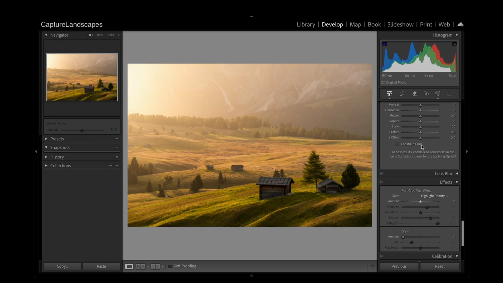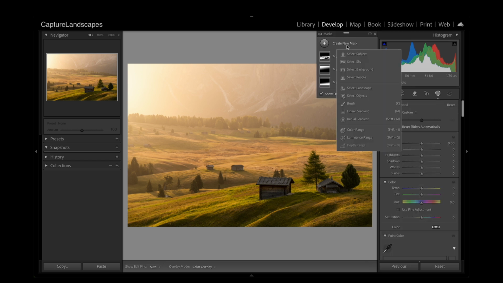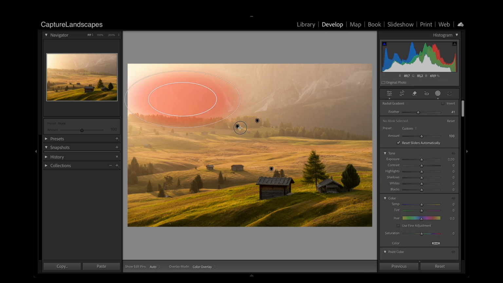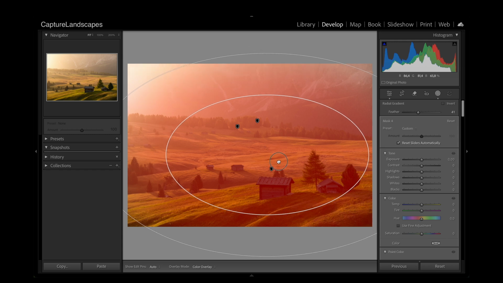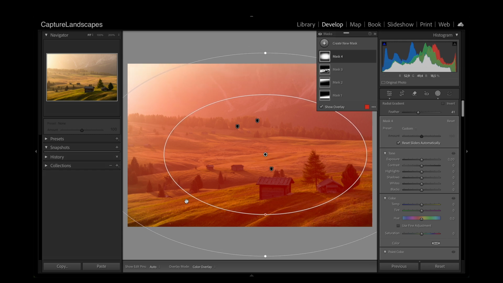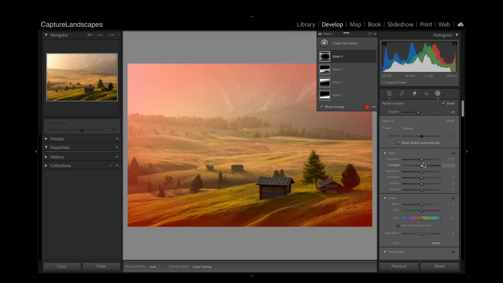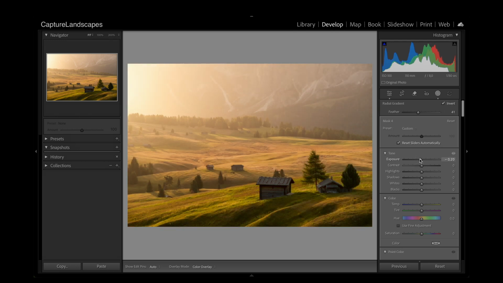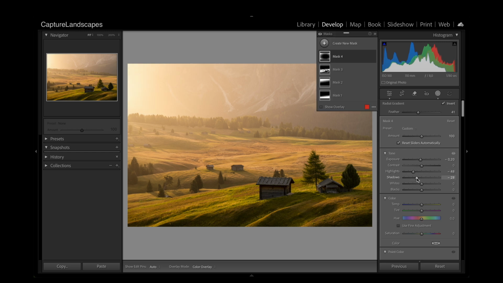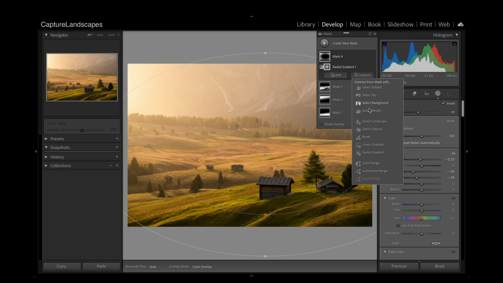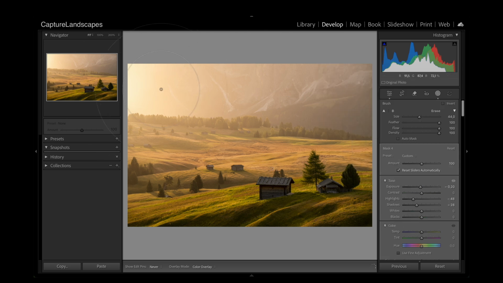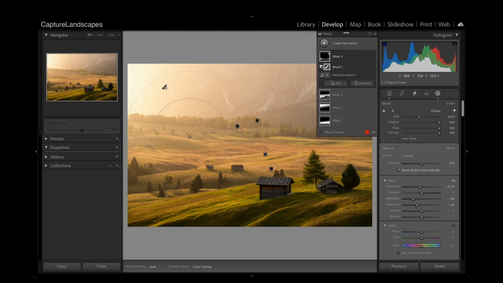Now let's reset that and instead go into our masks, create a new mask, radial gradient, make that nice and big, move it down to around here because we only want to darken that bottom corner. We invert our mask and we pull that exposure down. We can pull our highlights down and maybe our shadows down a little bit as well. Now, again, we've done just the same as Lightroom's vignetting tool, but we can now go in and subtract, brush, and remove all of that selection from that bright corner up there,